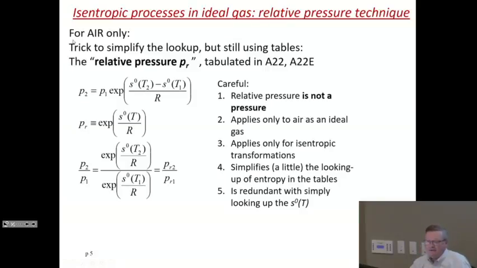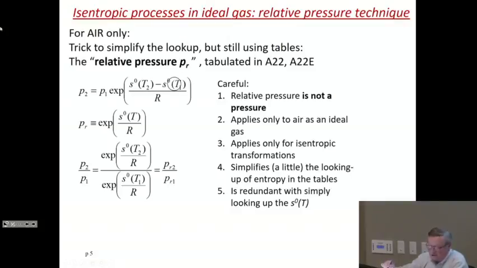Now, in the case of air, there is a trick. A trick to simplify the lookup in the lookup tables, which I don't particularly like, but it works. Instead of using the entropies, the normalized entropies, you can use something that's a relative pressure. So a relative pressure, well, let's solve the equations for the entropy change in the case that you have the